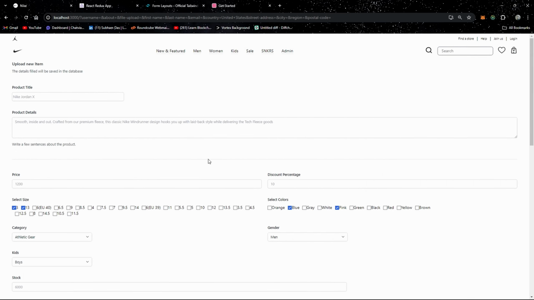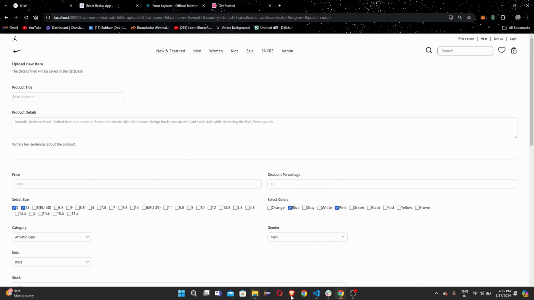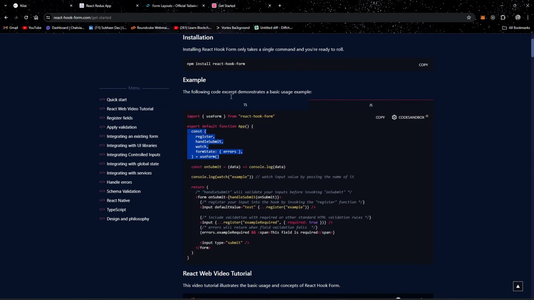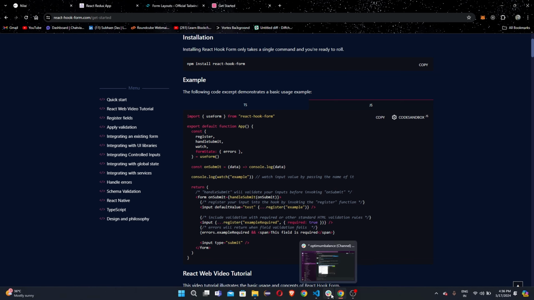So now to extract the data from the form, we are going to use the form hook. So let's go to React Hook Form, and this is how we are going to take the form data using the onSubmit. But first, in the inputs, we need to give this type of tags, like here we need to give that ...register, and then what we want to register. So for example,